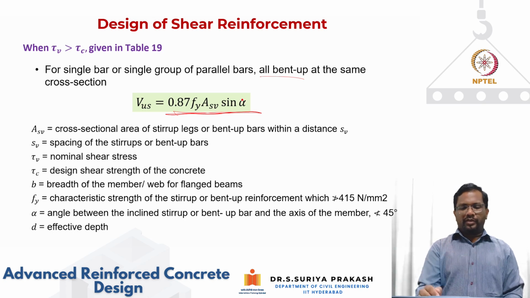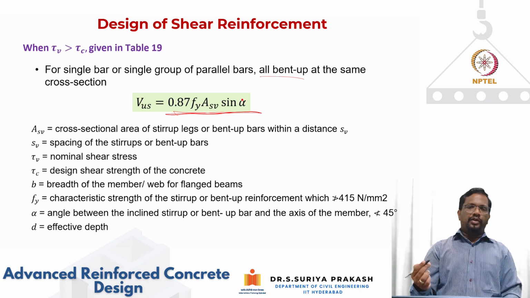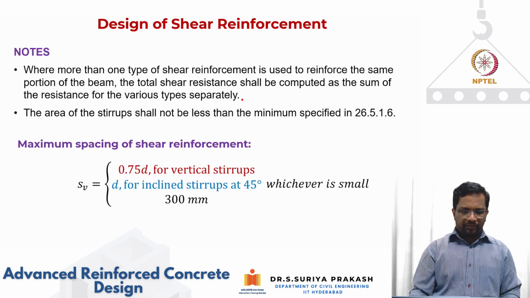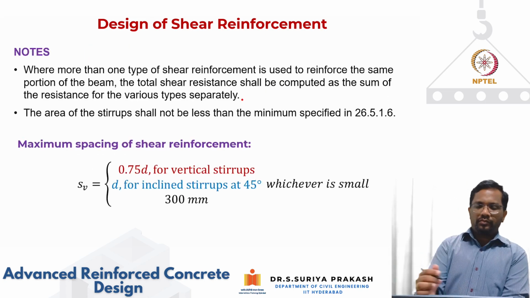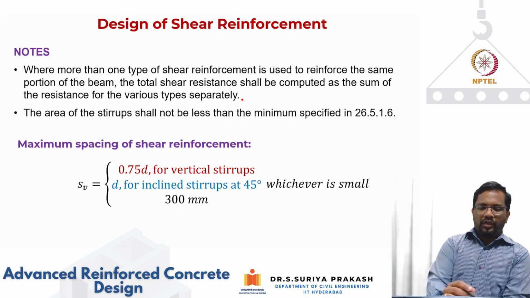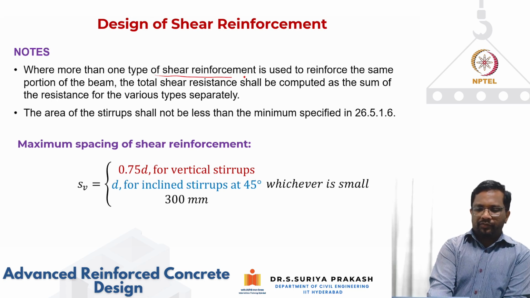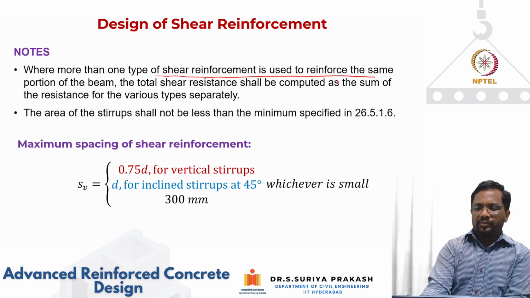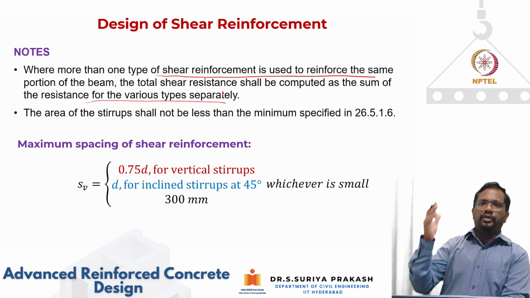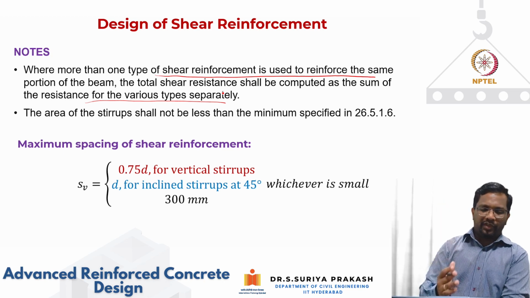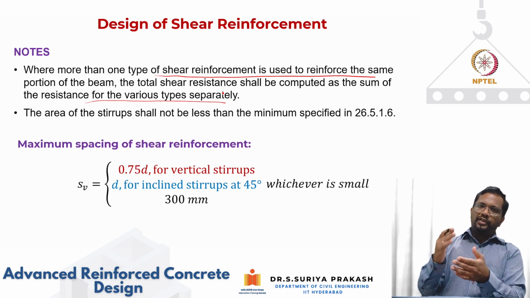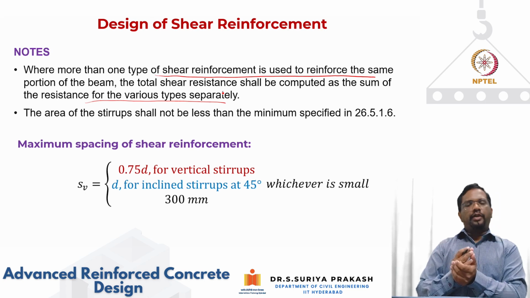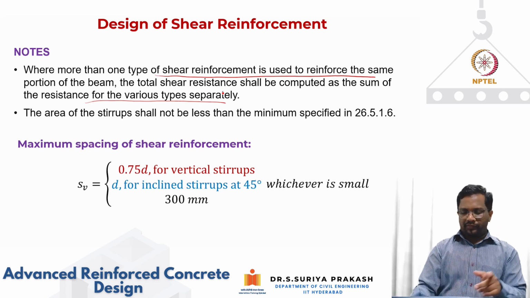Bent-up bars are not commonly used in modern-day construction, so we don't really go for that. When more than one type of shear reinforcement is used to reinforce the same portion of the beam, the total shear resistance should be computed as the sum of the resistance for the various types. Let's say I'm putting bent-up bars, vertical stirrups, and inclined stirrups. You calculate each one of them individually and add all of them. So that is your total resistance, with the condition that,